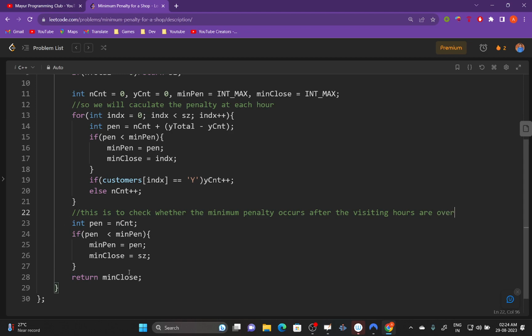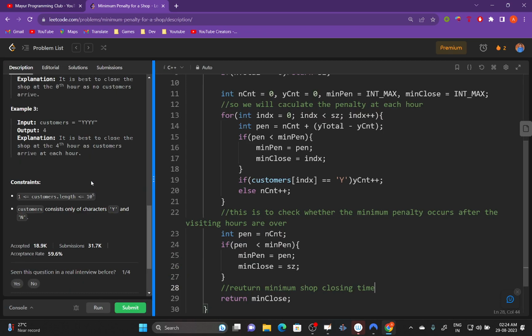At last, you will return the minimum shop closing time. So that's pretty much it. It was a kind of greedy solution